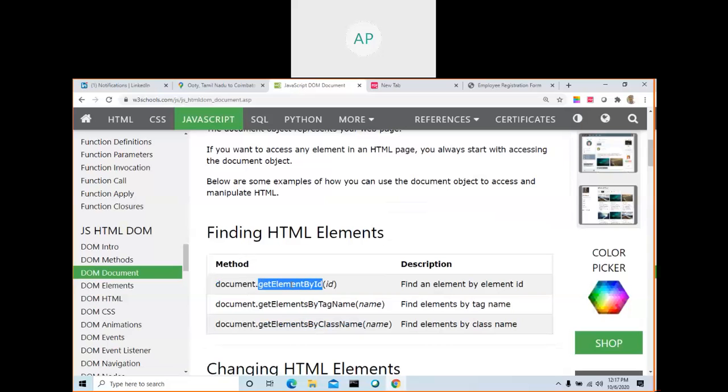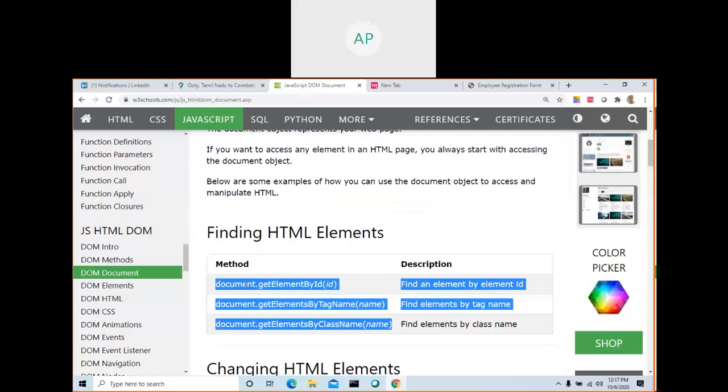You can understand what getElementById is. In HTML we write an ID attribute, so you can access an element by using the ID attribute. Class name you already saw in HTML when you created CSS. We created a class, right? So by using that you can access elements, and by using the tag name, we gave input type equal to text, name equal to something. You can access the tag by using name. These are the selectors. How will you select an element in HTML by using JavaScript? By using any of these three methods.